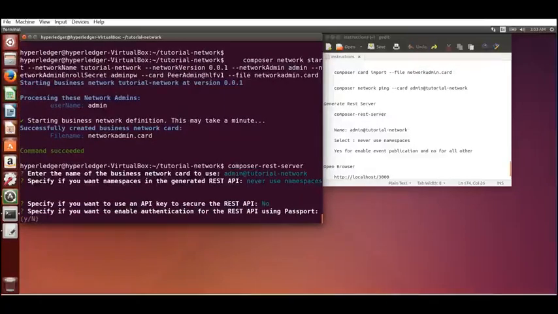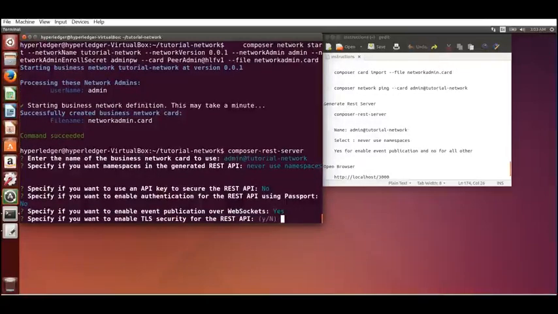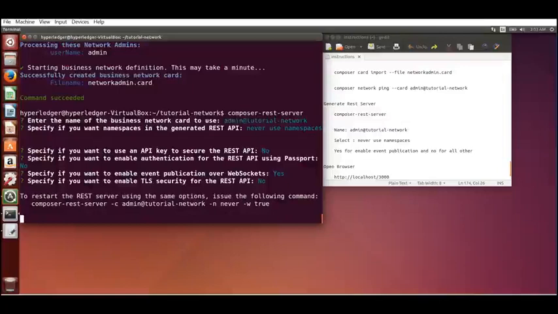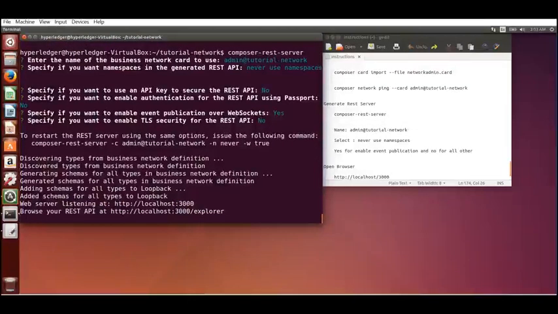Select them, no. And for API, you can say no, and yes, that is the default option. Pick all the default options, and it'll go through and install the REST server. The REST server exports the API for your business network archive for other applications to develop on.